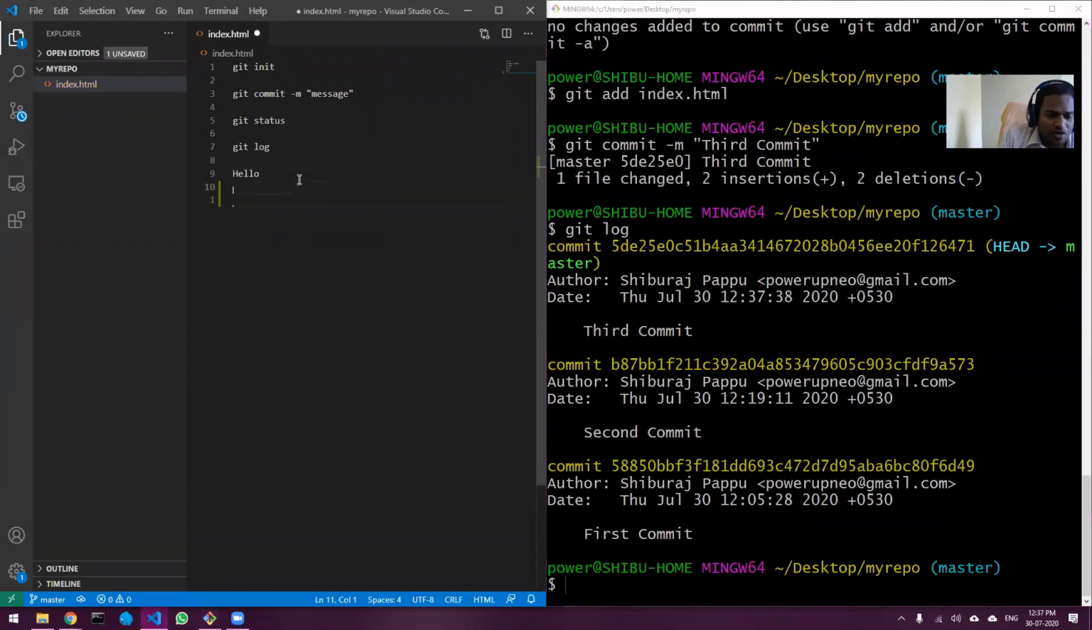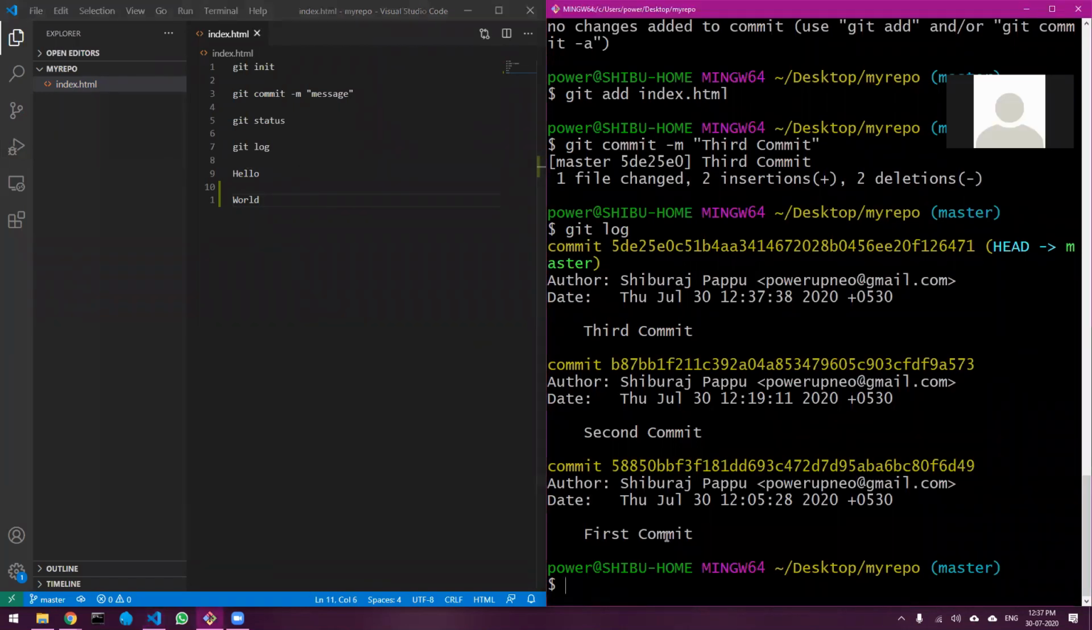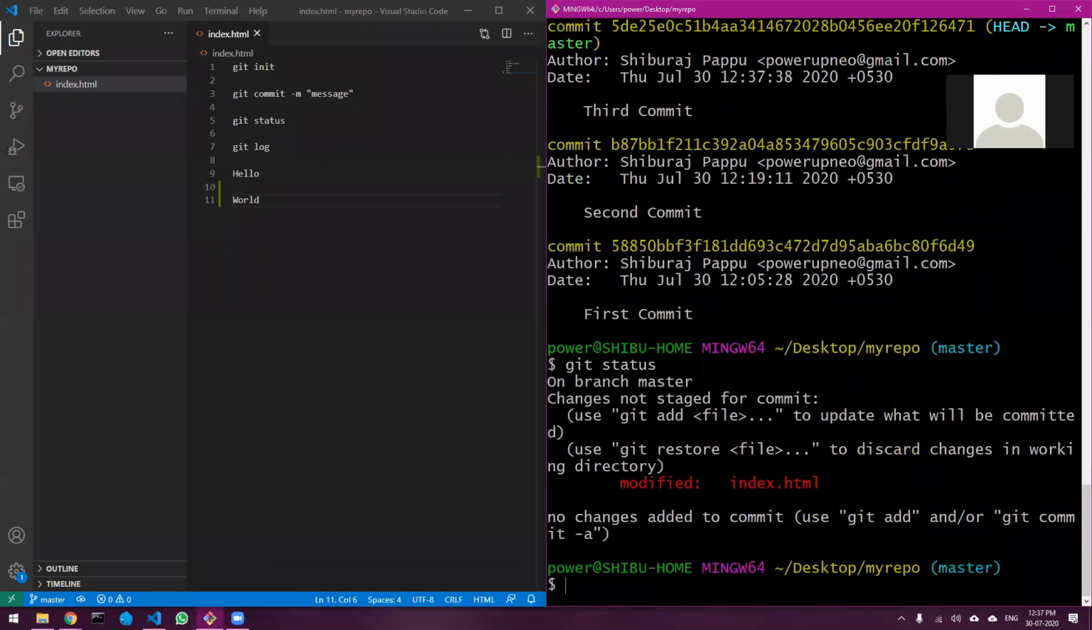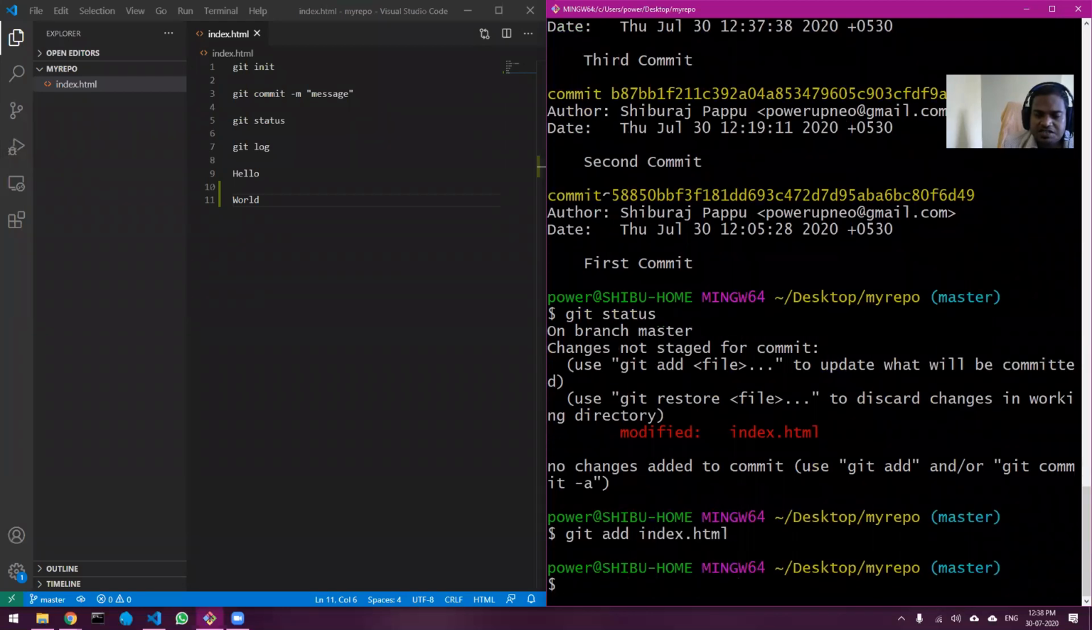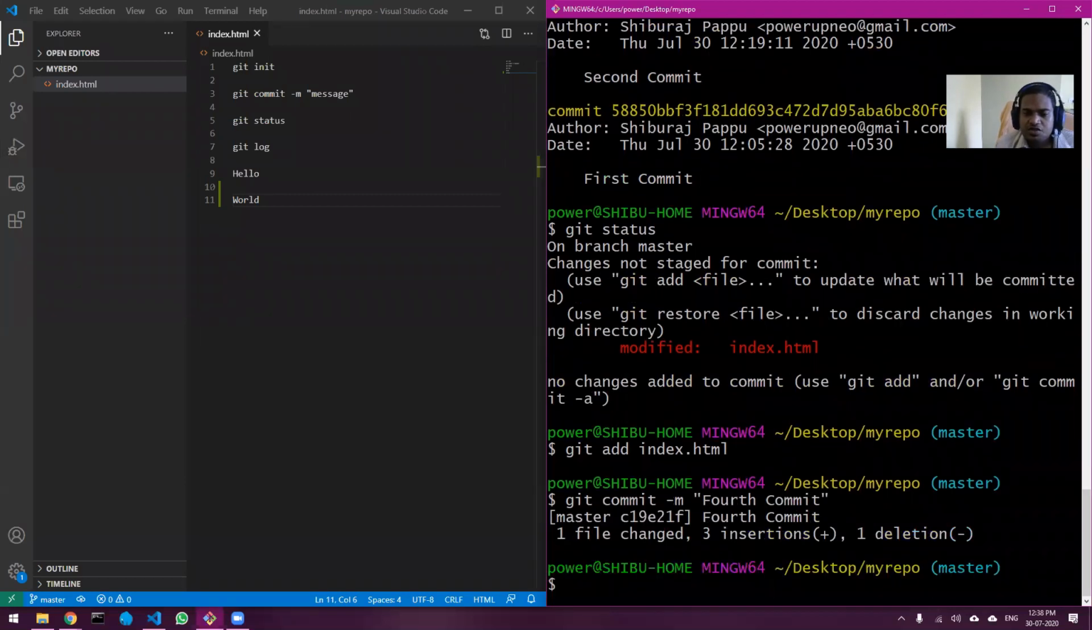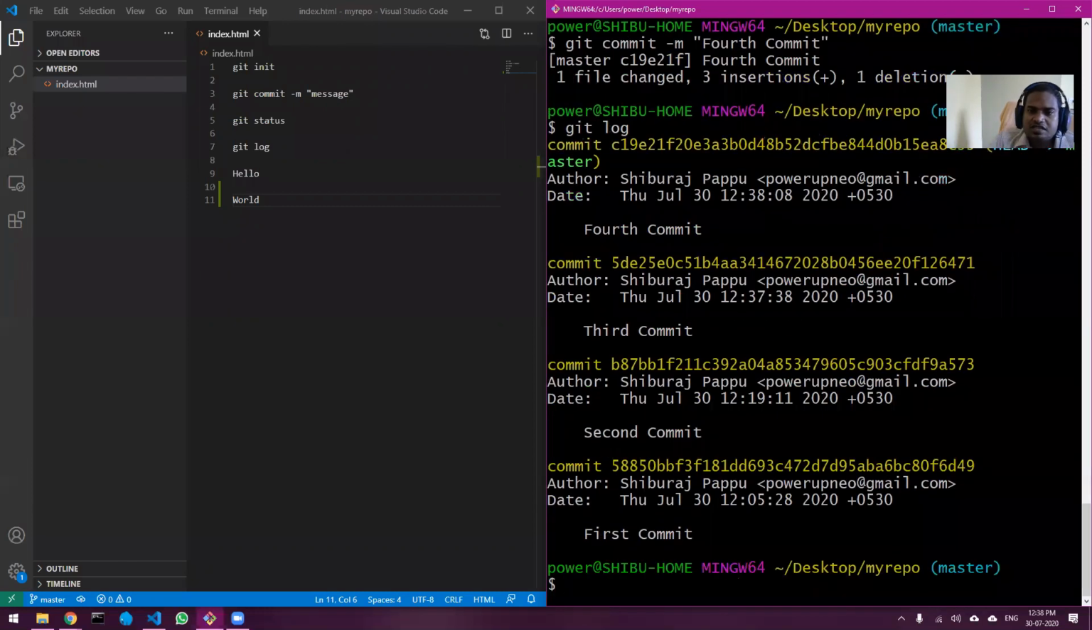Let me add one more line. Hello world. Again, if I do status, you can see again modified. Let me add the file again to the staging environment. And now let me commit. So it will be the 4th commit. Okay. So I have done 4 commits till now. And if I do git log, you can see all the 4 commits. Okay. So now